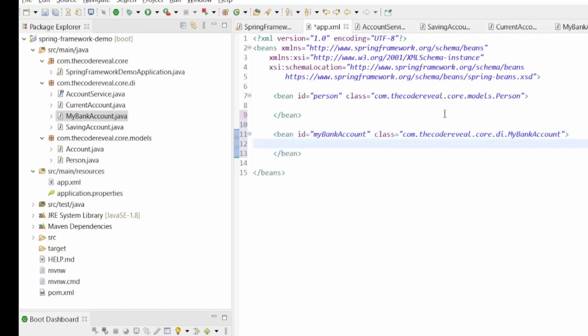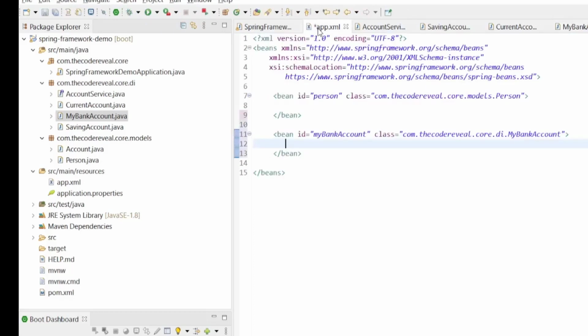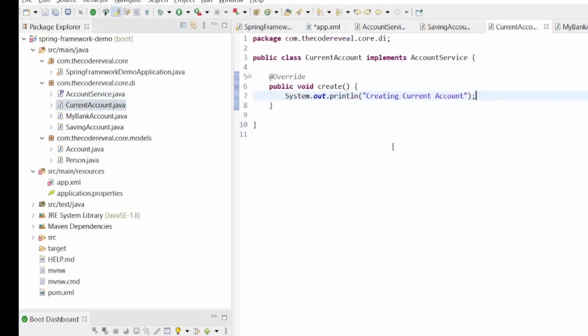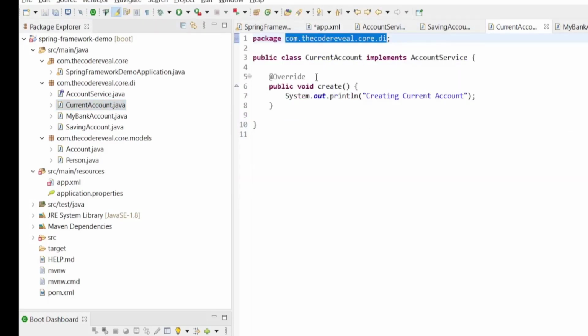In this my bank account class, we are using a dependency for the account service. So let's create another bean, and we'll declare this as current account, and that of class current account.